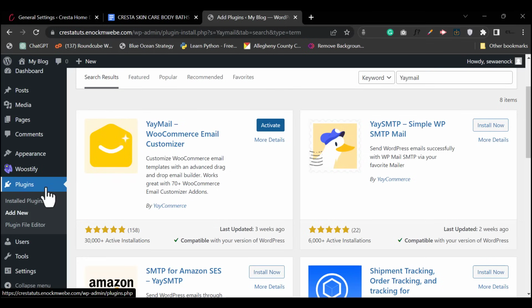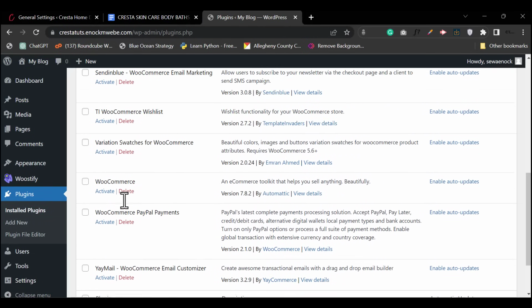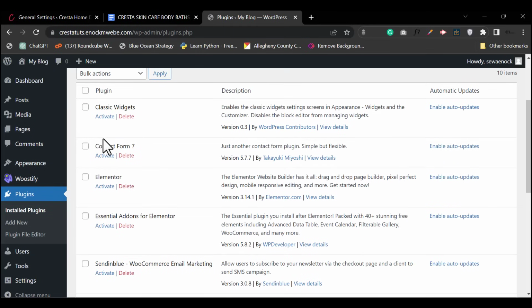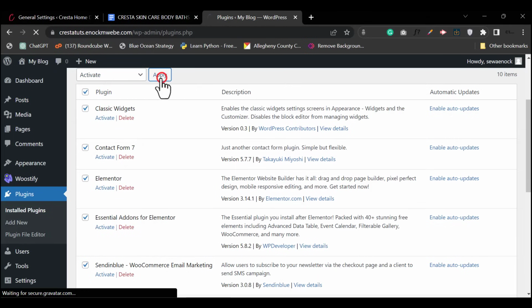Okay, now, so under plugins that we have installed, you're going to come to installed, and you're going to activate, I think, all of them. Hopefully this works well and doesn't break our site, but I think it should work well. So I go to bulk select them, I go to activate and I click activate, and we're gonna wait for them to activate, and then we shall proceed with the development. All right,